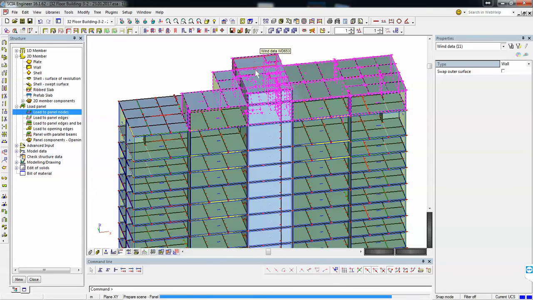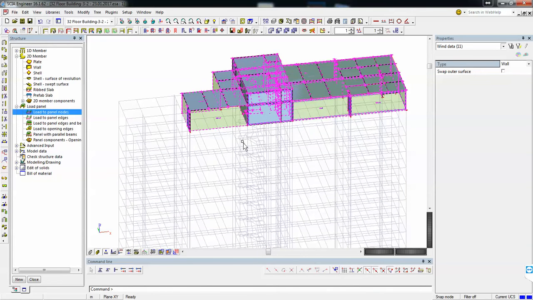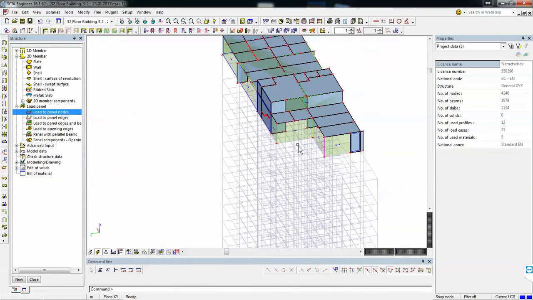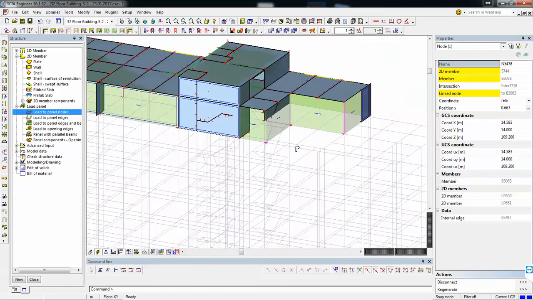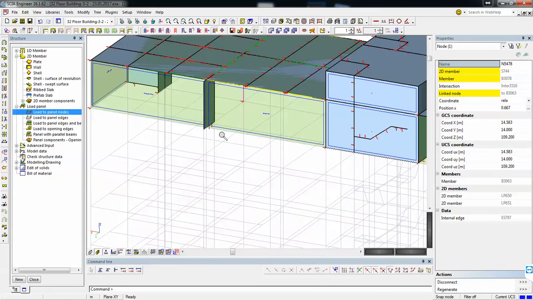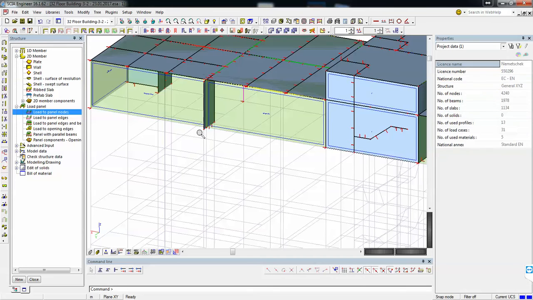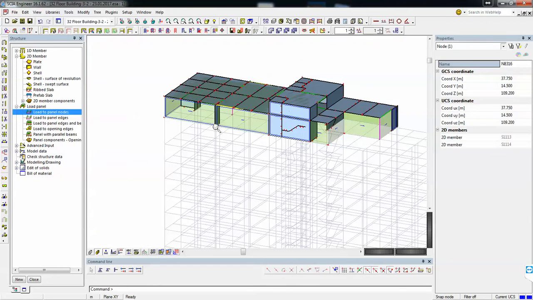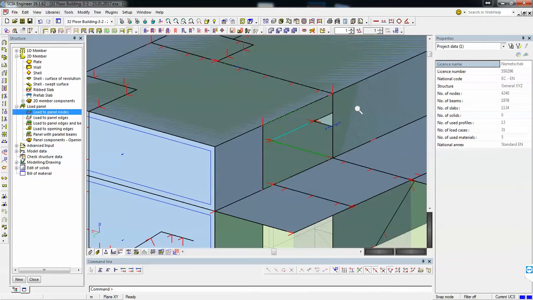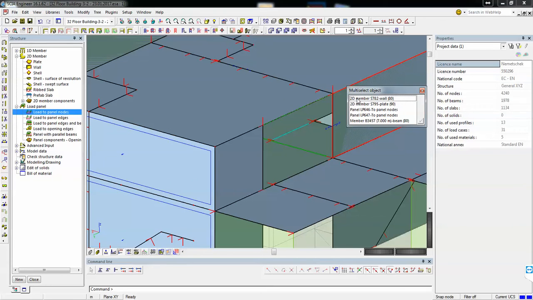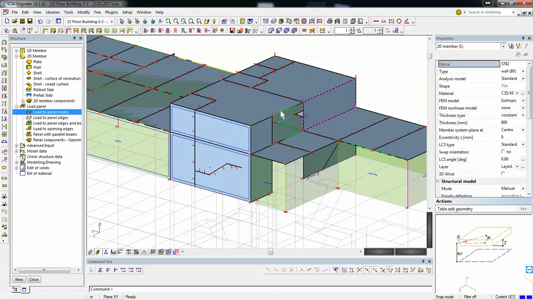And in your model, the wind is really important because you don't have seismic action, so only the wind will bring significant horizontal loads. So it's very important that we generate it correctly. The program is quite sensitive, so unless we make everything closed, we won't be able to generate 3D load.